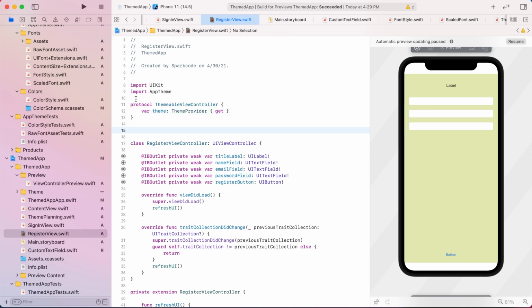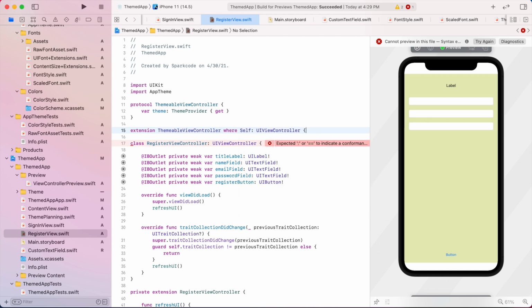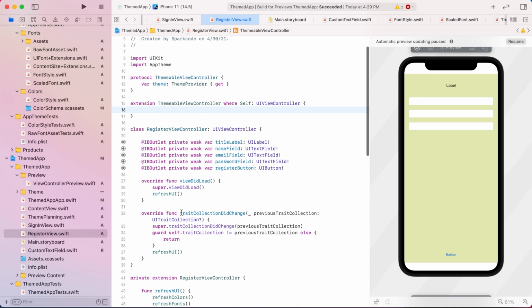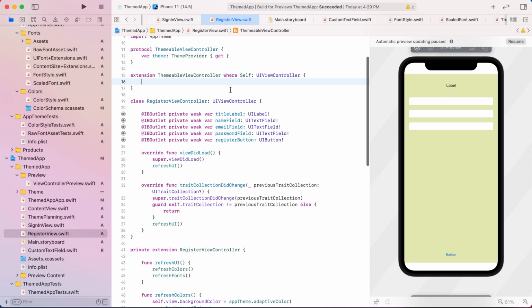And then what we're going to do is extend this protocol where the class that is conforming to it is a UIViewController. So where self is UIViewController. And this is going to allow us to access the UIViewController properties within whatever functions we're adding to this protocol,